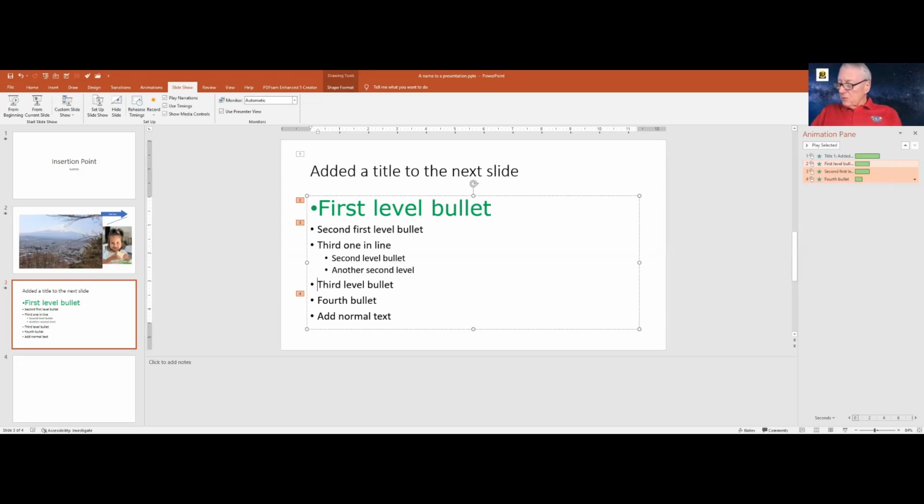Okay, and the second one from Willie was, are pages being saved automatically? The answer is yes. With the Microsoft products of recent vintage, there is what is called an automatic save in place. It automatically saves your work every 10 minutes. If you have not previously assigned a file name to this, like I did with this, I call it a name to a presentation, it saves it as a temporary file. And all this happens in the background every 10 minutes. I can tell you from experience, this actually works.